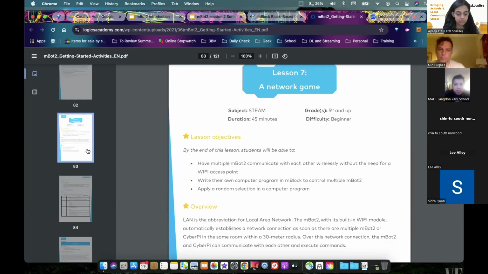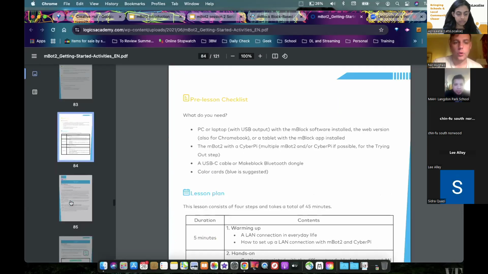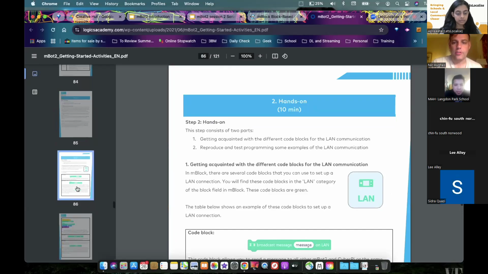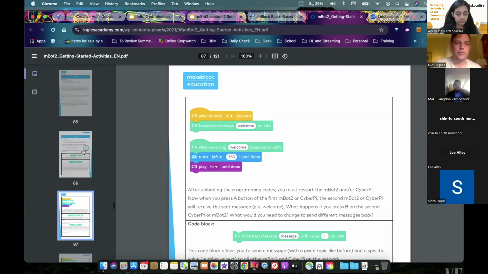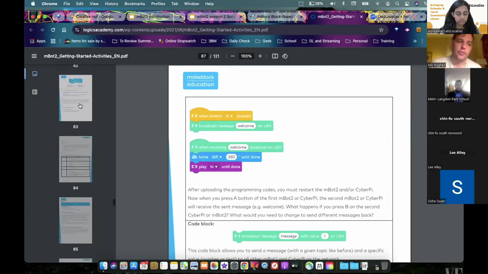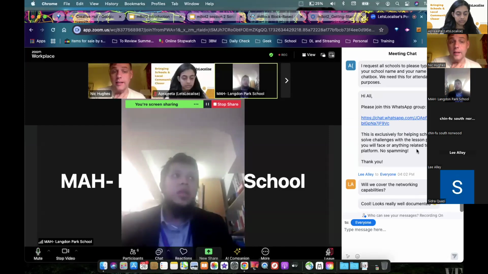So that's the best activity I can suggest you go and look at for lesson 7. That's going to be the robots talking directly to each other, broadcasting in a similar way to how broadcast works on Scratch. Hopefully that at least gives you a starting point. We could look at that in a future session. It's probably something you need to request, and we look at that in a bit more depth as a session if you would like to.